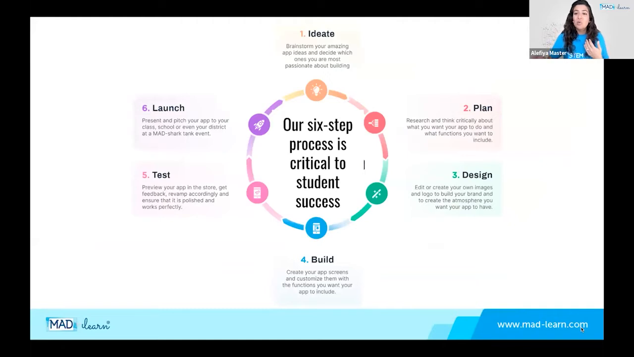We want to share with you what happens when students follow this 6-step process. This is the design thinking process. This is not something that we came up with. This is not new. Hopefully all of us have heard of design thinking in one way or another. MadLearn is the only program that builds it into every single step of the process to help students see not just how to build an app, but really how to think of an